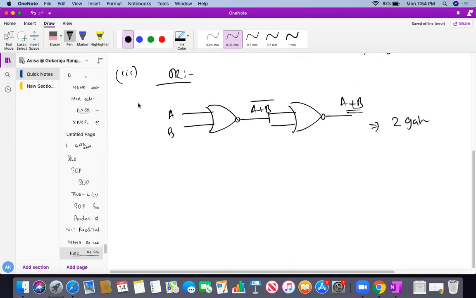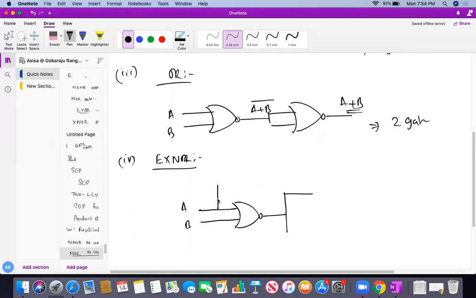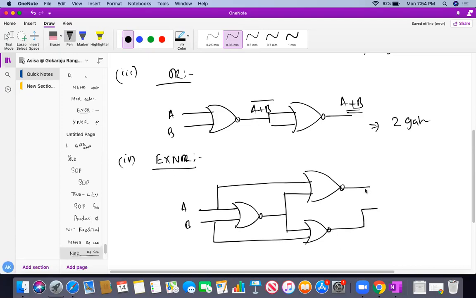Okay, then we'll move to the fourth one, which is actually XNOR. I'll first design XNOR, then I'll go to the XOR. See here, XNOR is just simple. The same way we have done for the XOR, this will be designed with the help of NOR gate. See here, this is my AB. I can design it the same way, very simple. So this is my NOR. I am doing the same procedure which I used to design an XOR gate using NAND gate. So finally I'll get here A XNOR B.